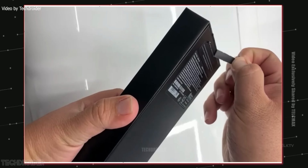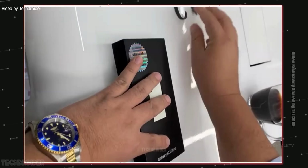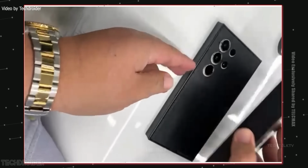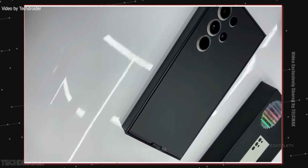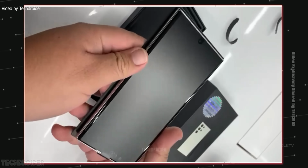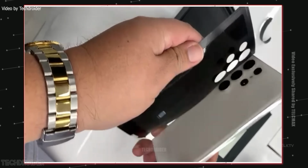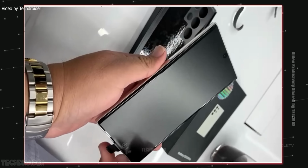We also have an unboxing video of the S23 Ultra in Phantom Black. OEMs have reduced the in-box content to a bare minimum, blame Apple, so there's no point in actually seeing a phone unboxing video these days. But for those who wonder, you'll get a phone and a cable inside the box along with a SIM ejection tool. It also gives us the first look at the front of the S23 Ultra,